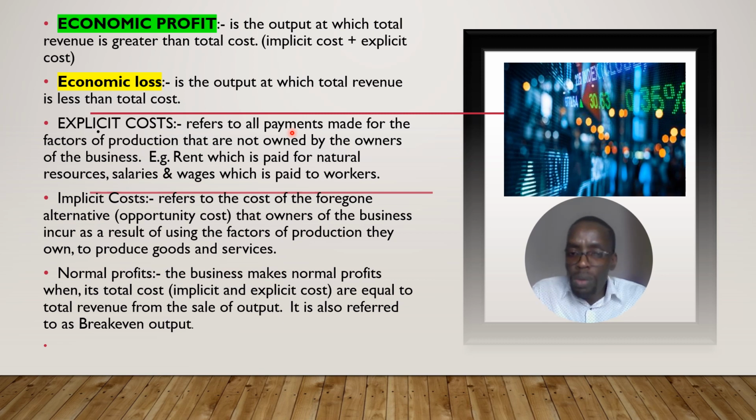Now, when we talk about normal profits, learners, we are saying this is when the business has its total cost, both implicit and explicit, being equal to the total revenue from the sale of outputs. And normally this one is sometimes referred to as the break-even output. So you would now agree with me that our normal profit is a result of our total cost being equal to our total revenue from the sale of output, that break-even output. Okay, so these are the